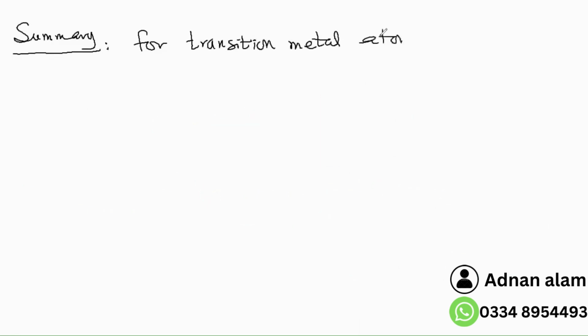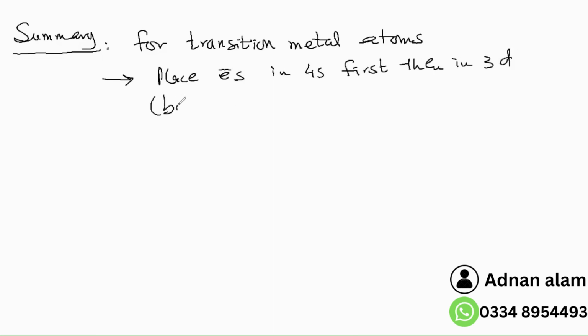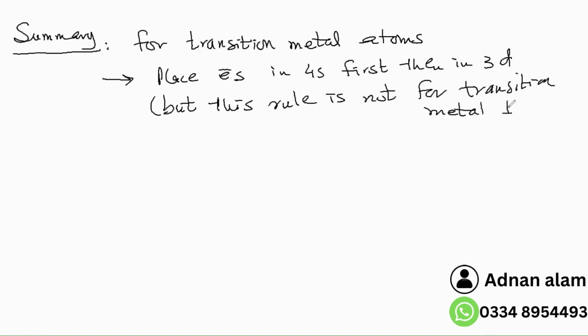I will summarize it. The summary will be that for transition metal atoms, you have to place electrons in 4s first, then in 3d. But this rule is not for transition metal ions. What you need to do for transition metal ions,